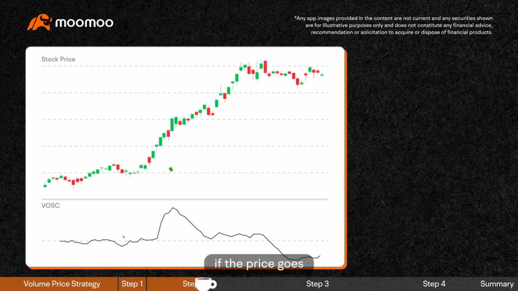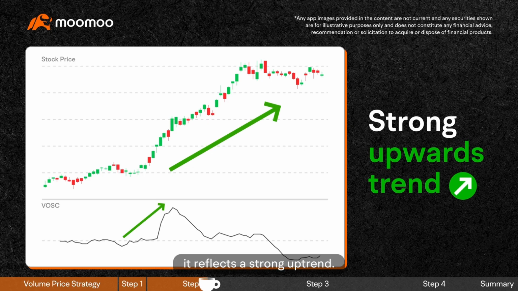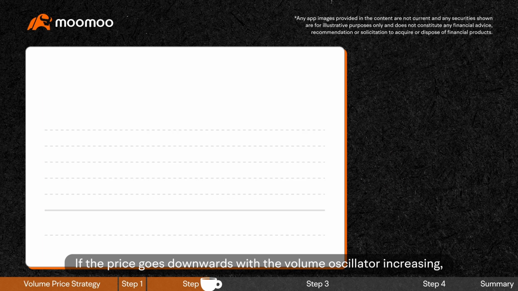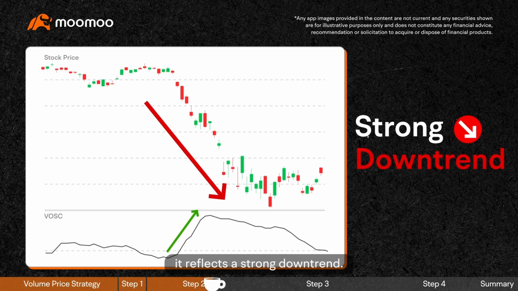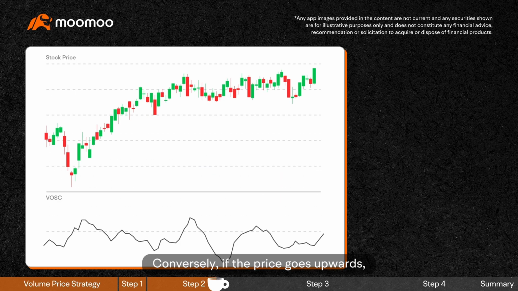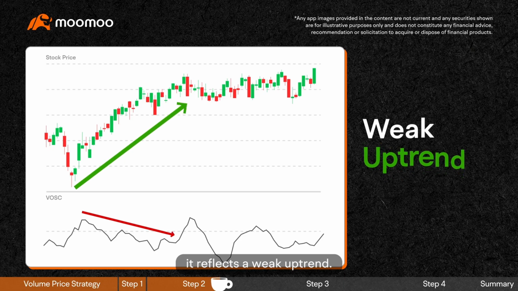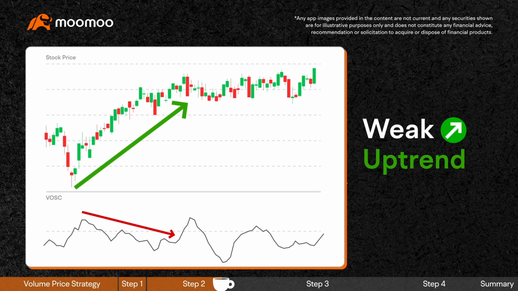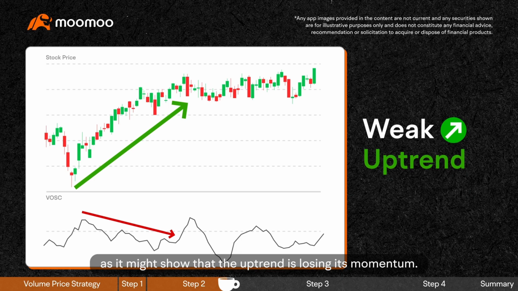Generally speaking, if the price goes upwards with the volume oscillator increasing, it reflects a strong uptrend. If the price goes downwards with the volume oscillator increasing, it reflects a strong downtrend. Conversely, if the price goes upwards with the volume oscillator decreasing, it reflects a weak uptrend. Investors should be careful if they are considering taking a bullish position, as it might show that the uptrend is